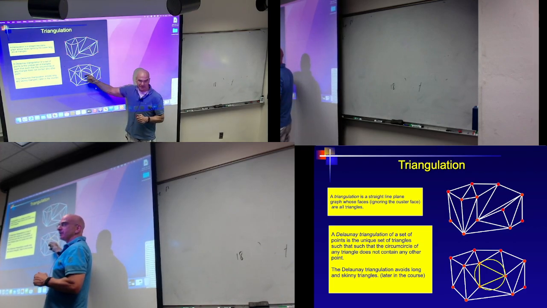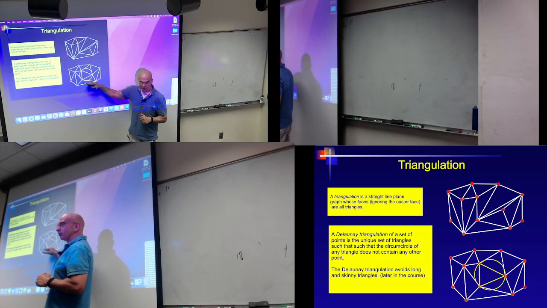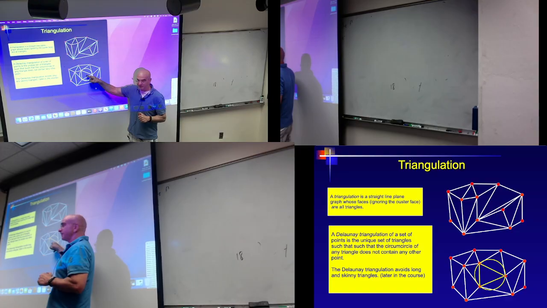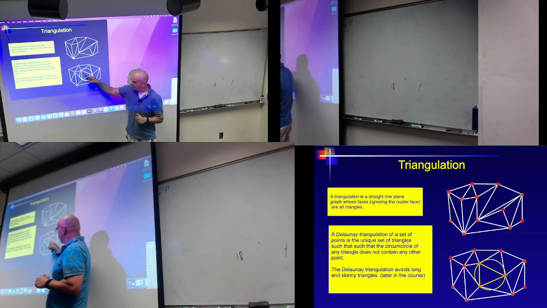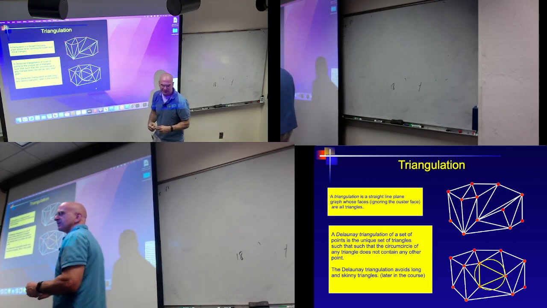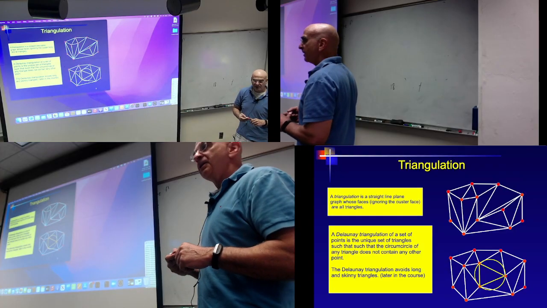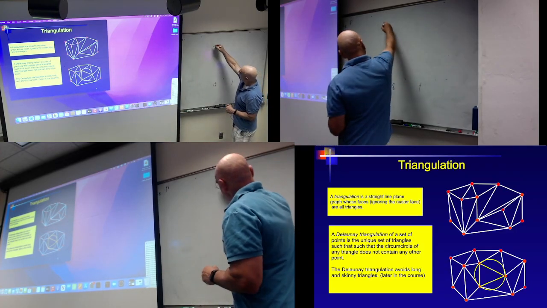And what's so special about it, except that it's very good for multiple operations, is that it's very much related to the Voronoi diagram. It's the dual graph of the Voronoi diagram. If you know the Voronoi diagram, then you know the Delaunay triangulation and vice versa. The center of the circle is exactly a vertex of the Voronoi diagram. It's a point that is at equal distance from this point, this point, and this point, and every other point is too far. If you don't remember what the Voronoi diagram is from the first meeting, that's fine. Just to convince you that this property of empty circles has something nice about it,